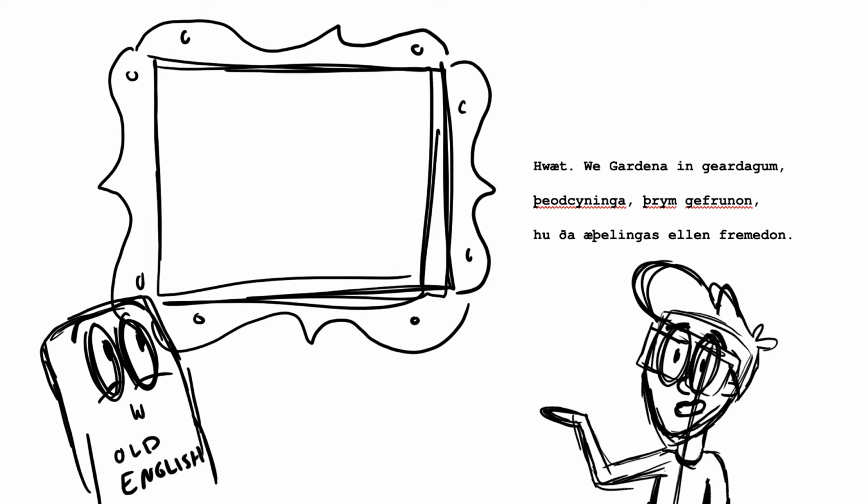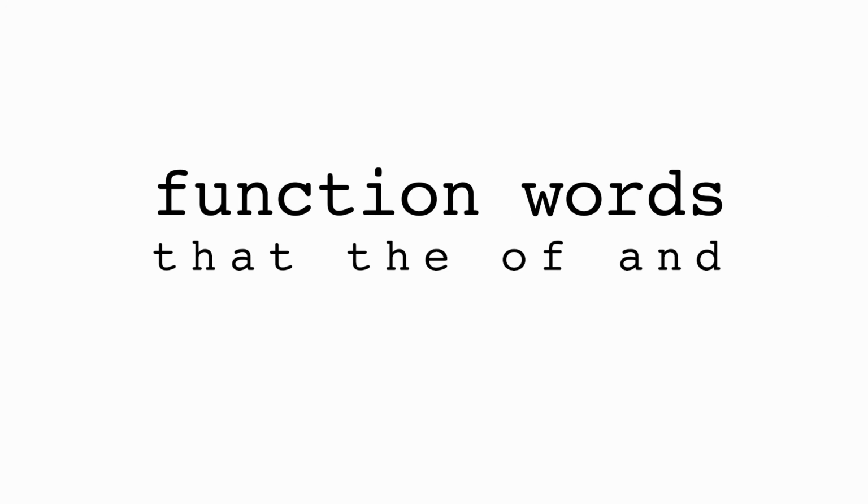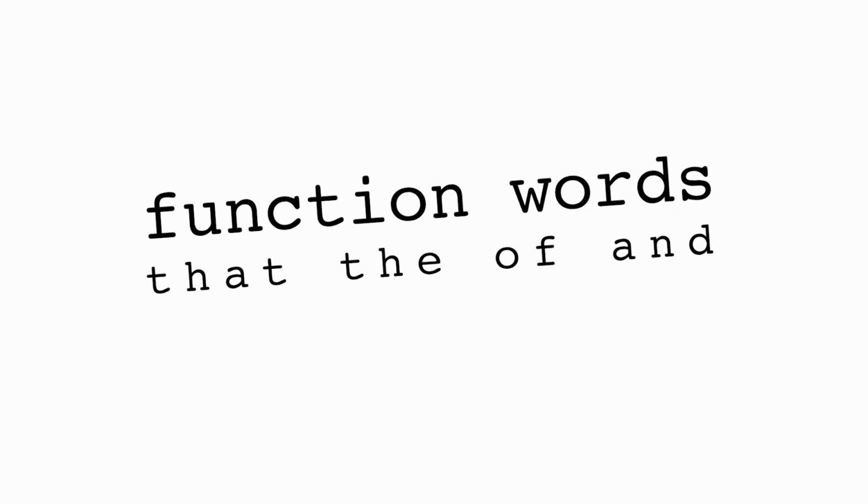It's not easy, right? Still, you can find scraps of it in the English we speak today. Sounds kept shifting, words changed meaning, but the so-called function words like that and the and of and, those all stayed pretty much the same. The rest isn't so straightforward. To understand it, we'll need to talk about sociolinguistic change.